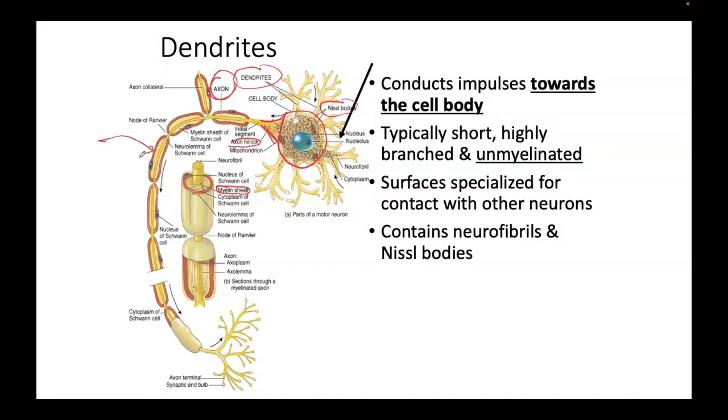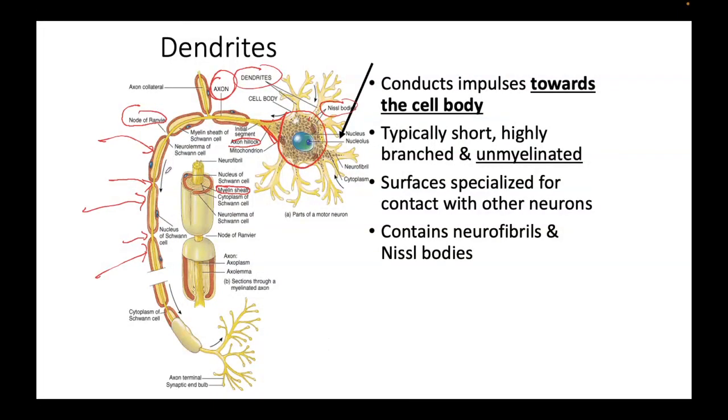So this was a Schwann cell, this is a Schwann cell, this is a Schwann cell, and between each Schwann cell is a gap that is not myelinated. That gap that's not myelinated is called the node of Ranvier. That's a node. Wherever it's the gap or the space between each Schwann cell that's not myelinated, that's called a